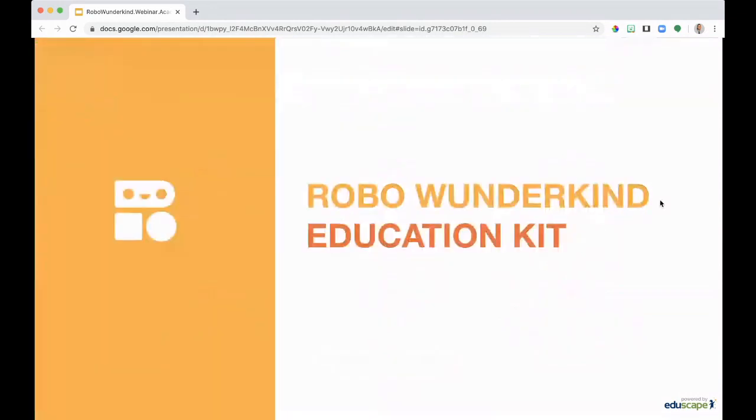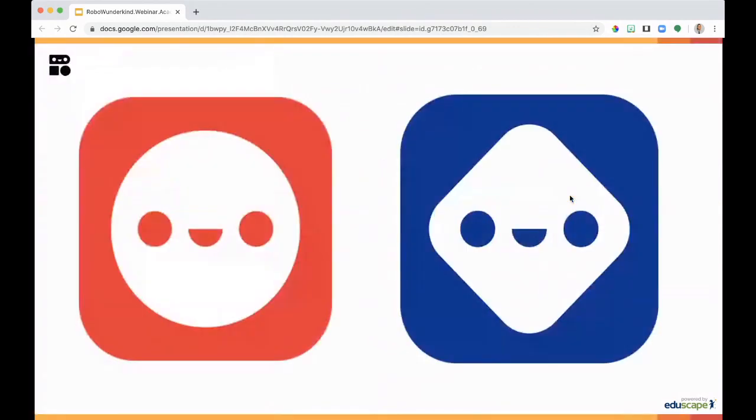Absolutely. And for teachers like Mrs. Jones, we wanted to be able to prepare her to implement this amazing product that teaches kids so many things above and beyond coding. But how do you do that in your classroom? So let's dive first into the education kit, so that you know what's available. There are 2 apps available that you can actually code with Robo Wunderkind. The first one is RoboCode. That's your red logo. There, students are able to use the proprietary coding interface to test out code.